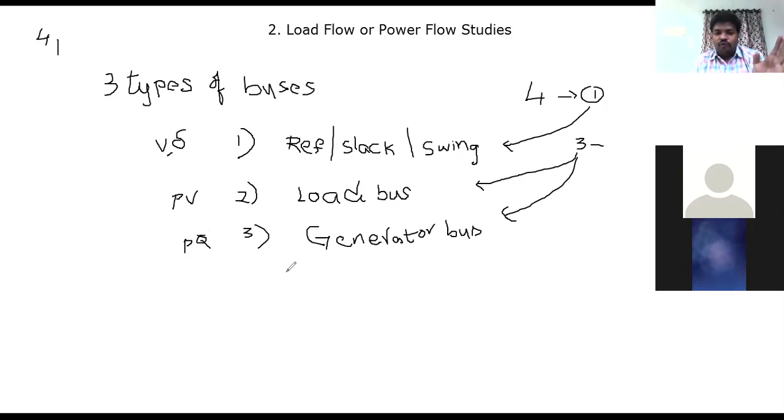So out of the four parameters, two parameters are specified for a particular bus, and you are asked to determine the unspecified parameters by using the four methods that we are going to discuss in later classes. This is the information that you need to know before starting load flow analysis or power flow analysis. Again, we are going to see the same types of buses: what is a reference bus, slack bus or swing bus, what is a load bus and what is a generator bus, why we consider those buses as load bus or generator bus, how we obtain the parameters which are specified, and how we determine the parameters which are not specified with the methods. So that's all for today.